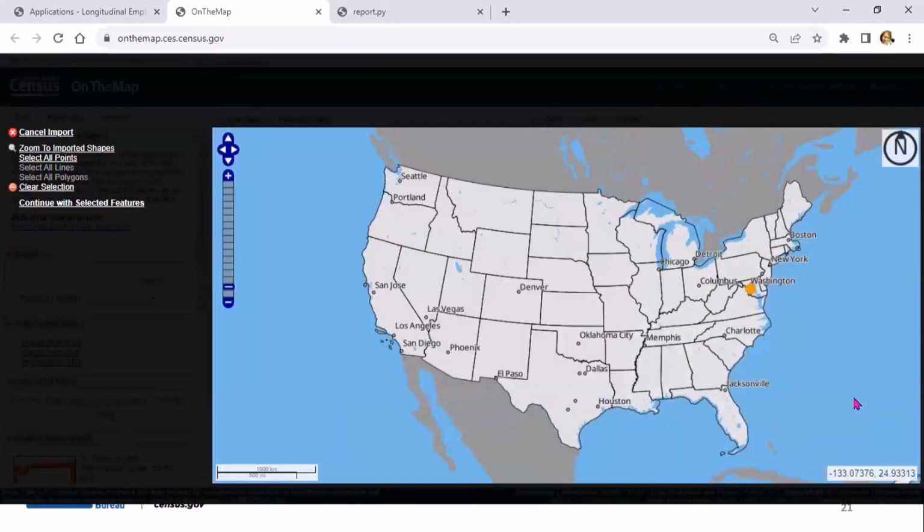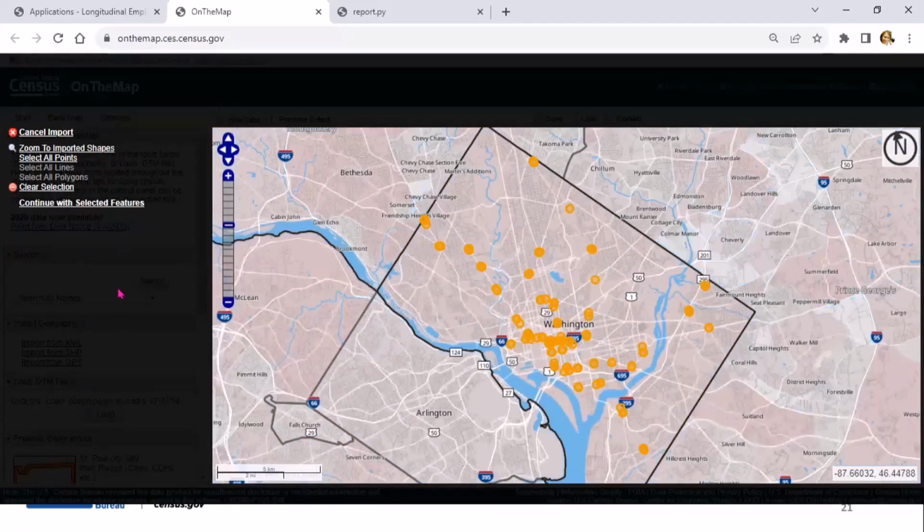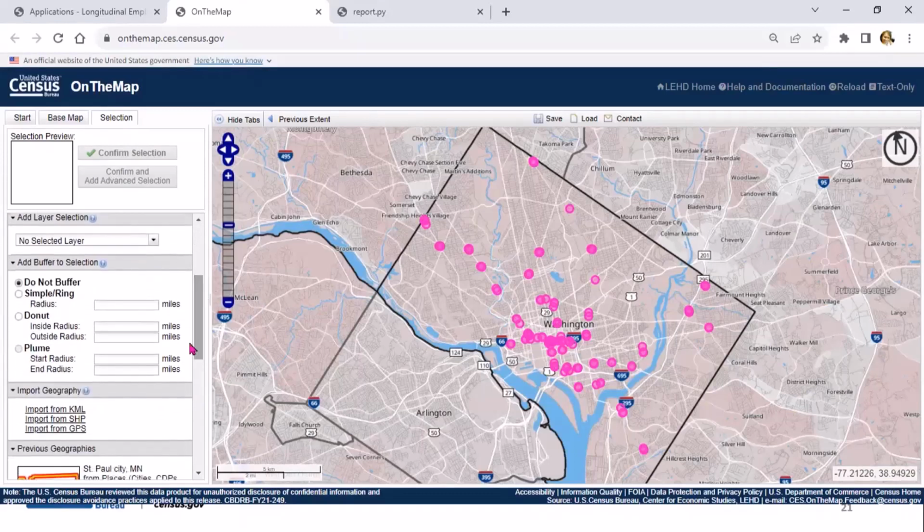And it just goes into the on the map, and I'm going to zoom to the imported shapefile so I can see that it's actually loaded up what I wanted. I'm going to click on select all points, and then I'm going to click on continue with selected features. So now it takes me back to the selection tab, and I'm going to go ahead and put in a little bit of a buffer.